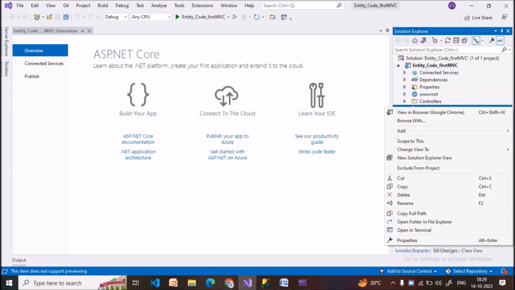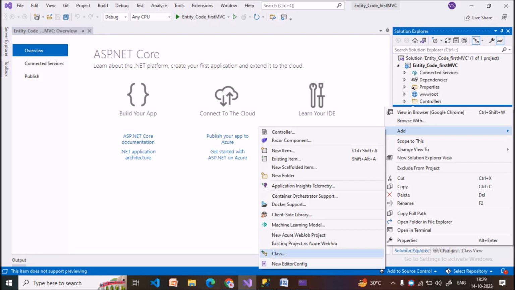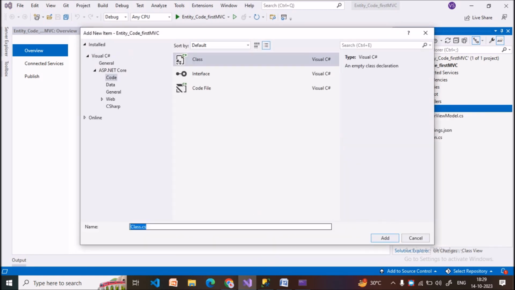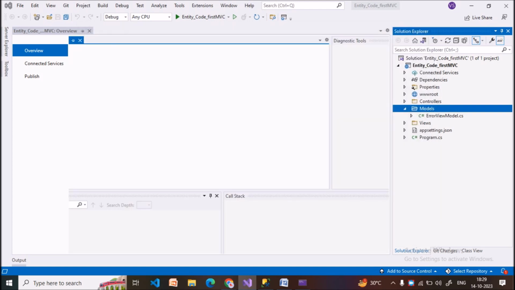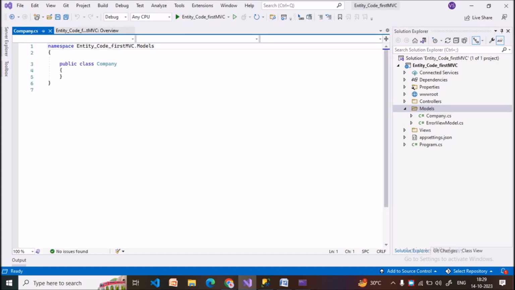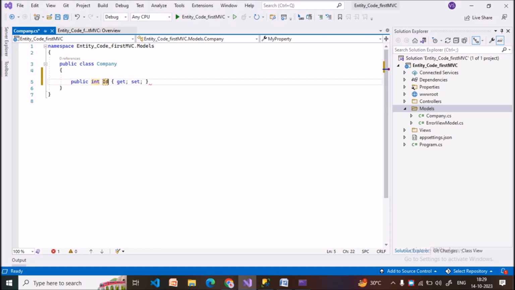In Models you have to right click, there is an option to add, and below it the class option. Suppose I am putting one class name, Company. You can put any name, it doesn't matter. I am putting the name as Company. Inside the Company class, I'm trying to define the properties. For example, in this Company class I am putting properties like int Id, string Name,